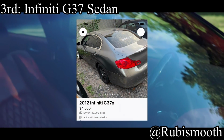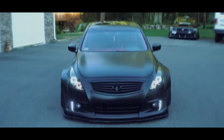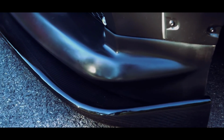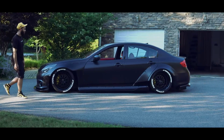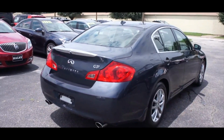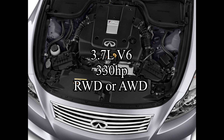Third place, sir, here we are. It is the legendary Infiniti G37 Sedan. This thing is so gosh darn underrated, and that honestly is partly my fault, because whenever I talk about the G37, I always talk about the Coupe, and I never talk about the sedan, but it's time to stop, okay? Believe it or not, this very boring looking grandma sedan is pretty much just a 370Z with 4 doors, my good sir. It comes with the same exact motor, a 3.7 liter V6, making a very nice 330 horsepower,